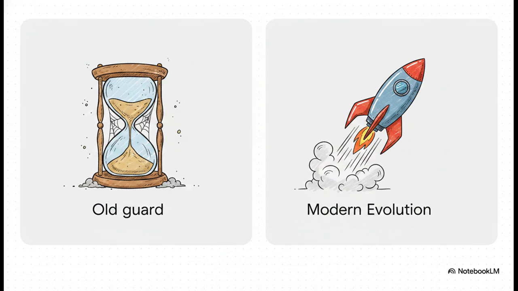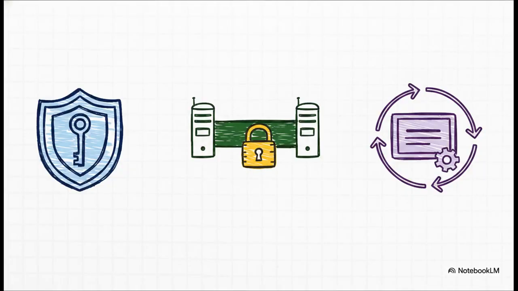EST, the modern Enrollment over Secure Transport, is the necessary evolution. It was specifically built from the ground up to address the glaring security and scalability shortcomings of its predecessor. So why exactly does EST leave SCEP in the dust? Well, first off, it introduces native support for ECC, or elliptic curve cryptography. ECC is absolutely crucial because it provides significantly stronger security, but with much smaller key sizes, which is super efficient